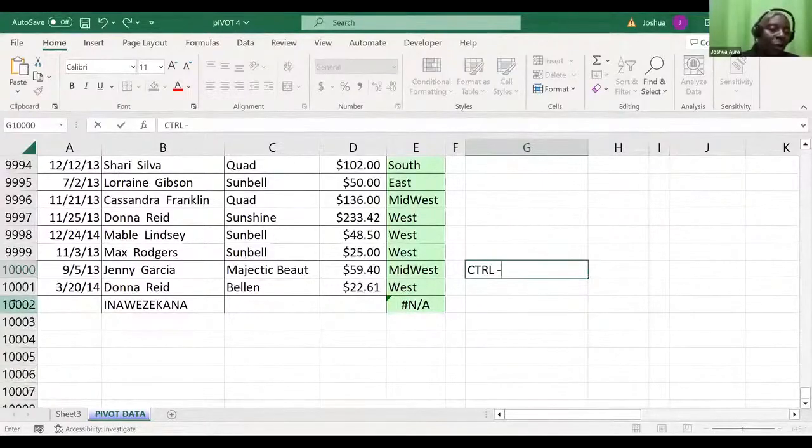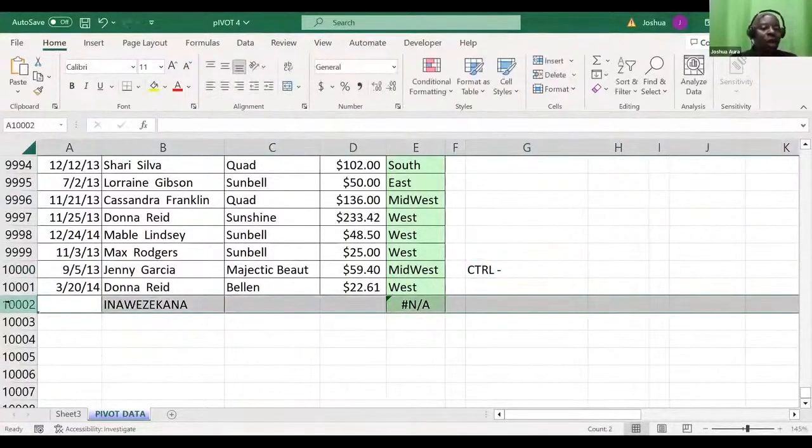You highlight the whole of it. Once you highlight the whole of it, then you click control without releasing your finger. You are clicking on this control. And once you click on it, you simply go to near plus. There's a minus down there. You simply say minus. Automatically, the entire row has been deleted.